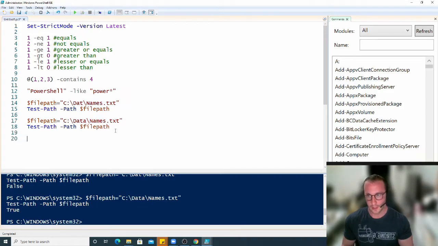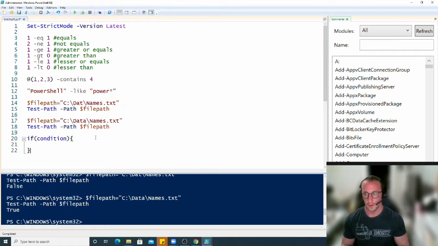So we can actually use these in our conditional statement. And the first conditional statement I'm going to be showing you guys is the if statement. Basically, we're going to write if, and then we're going to put a condition in here. I'm just going to write it out first, just so you guys can see how it's laid out. So we have an if, we have a condition, and then we have code here